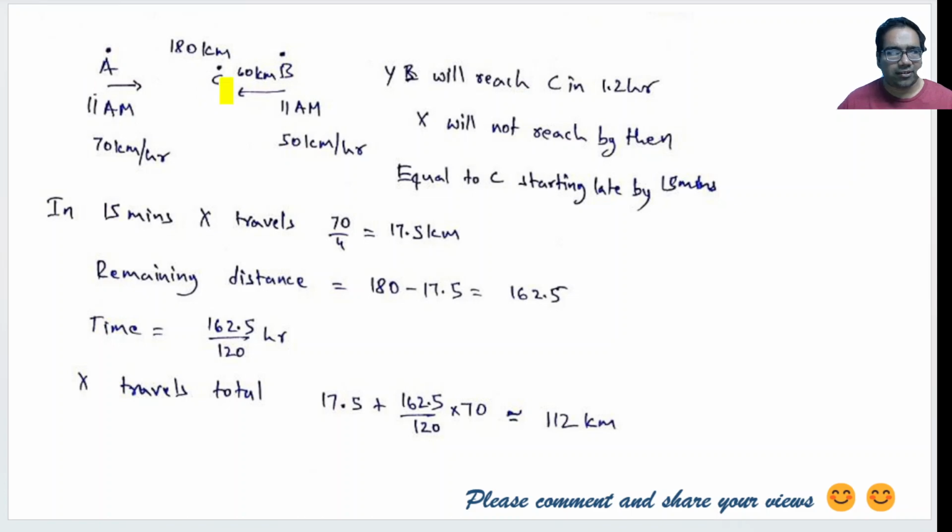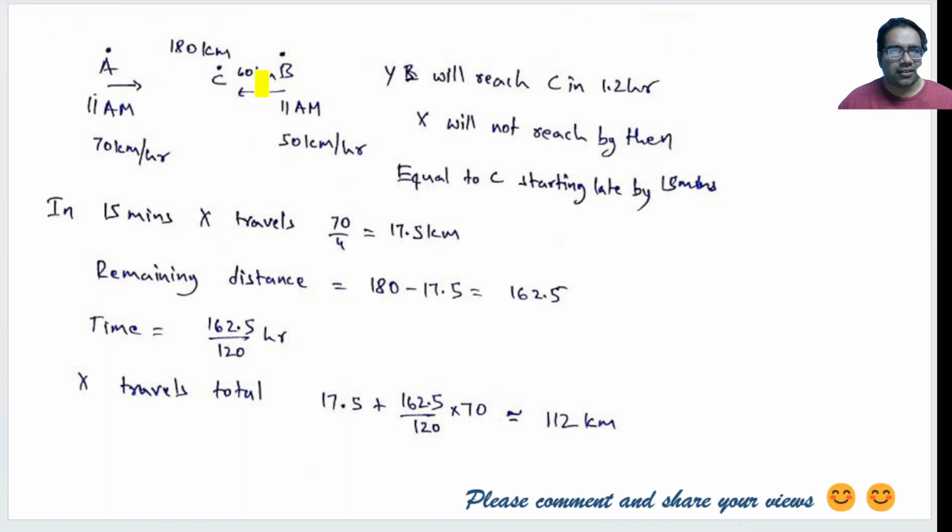Right. X will not reach the C point. C point is actually 180 minus 60, 120 kilometers from A. Right. In 1.2 hours, 1.2 times 70 is definitely not 120. So X will not reach C. Right. So they will definitely not meet at C. Now with this, what does it mean? X is not meeting Y at C, or while Y is at C,